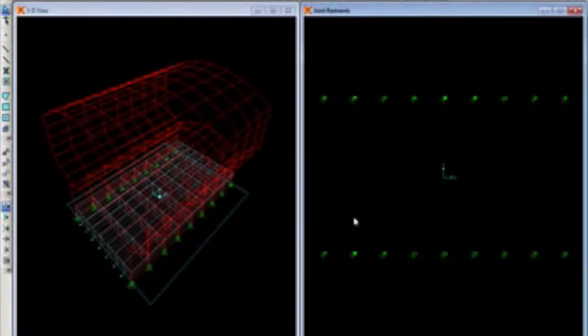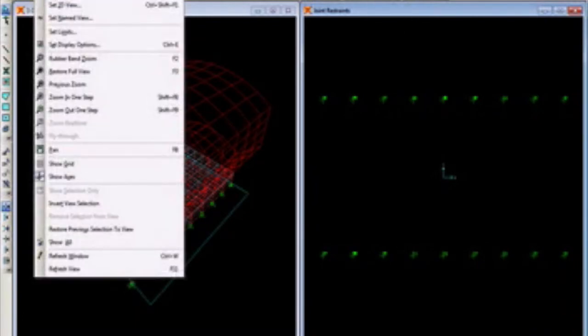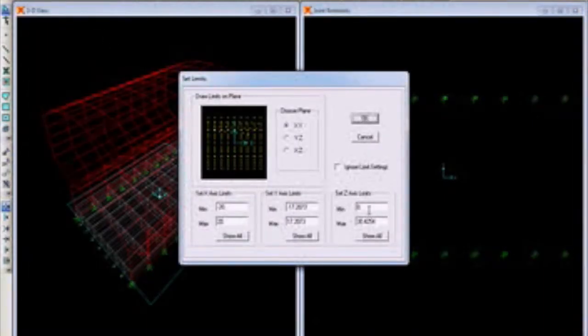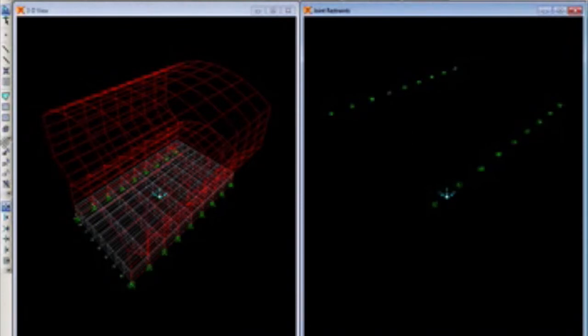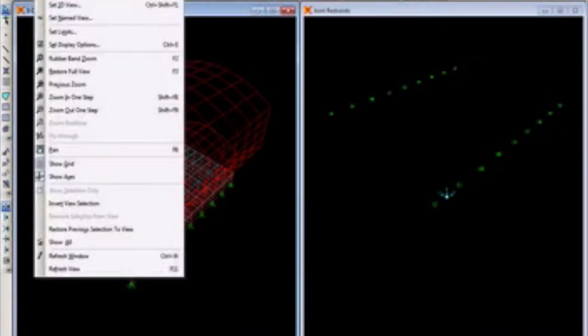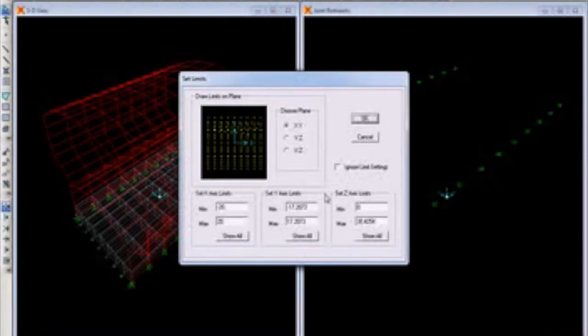So now what I want to do is add a load of 300 psi at the top surface. So now what you can do is go to View, go for Set Limits, and set minimum as 25. So you can just show and say okay. So this is not visible, so what I'll try to do is select the 3D view over here, or you can just select this member. Go for View, Set Limits, that as 25, and say okay.